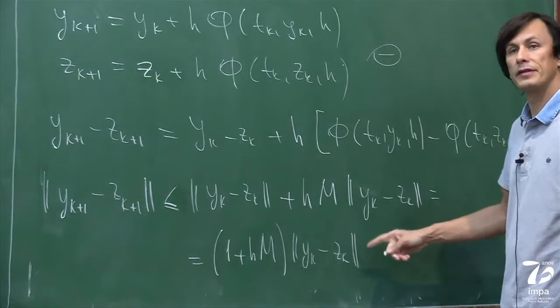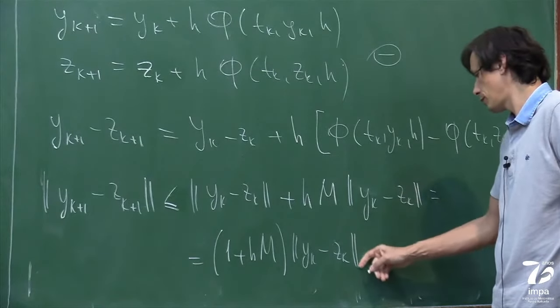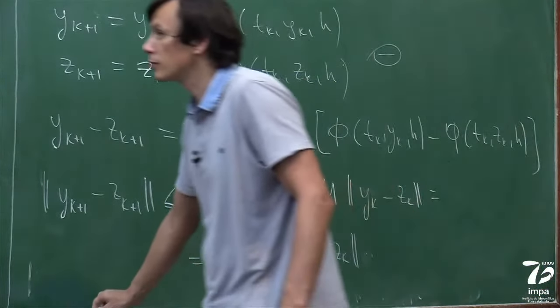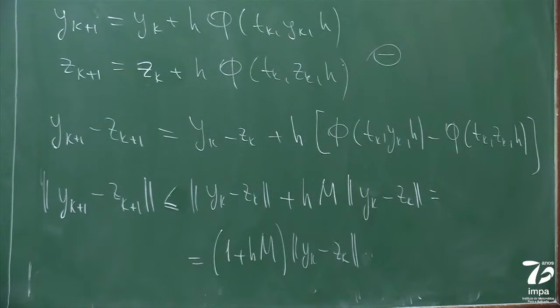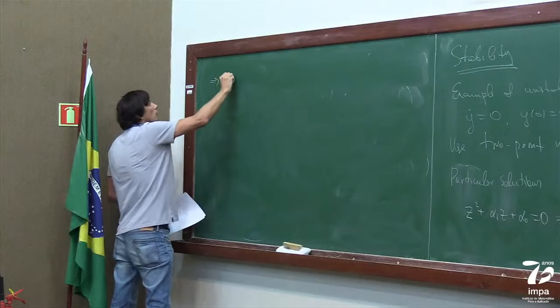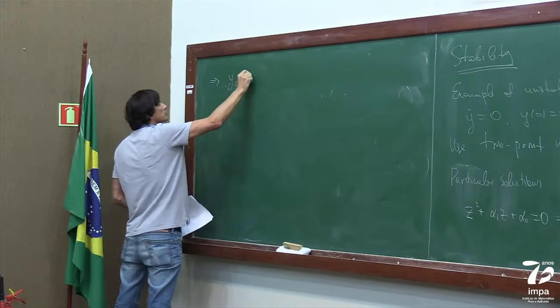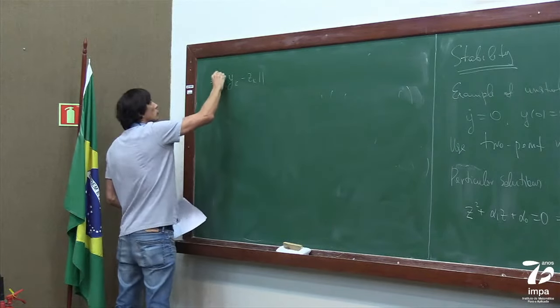And this can be iterated, right? And so whenever you iterate it, then you get y_k minus z_k in a norm